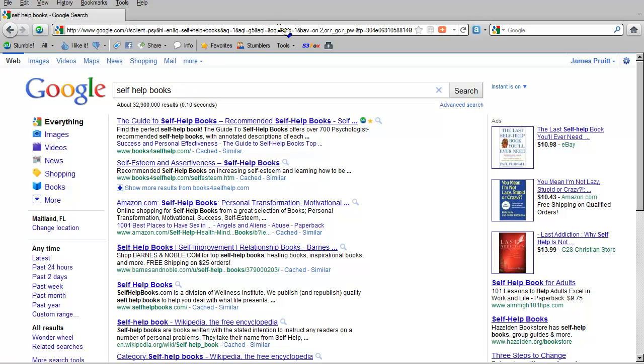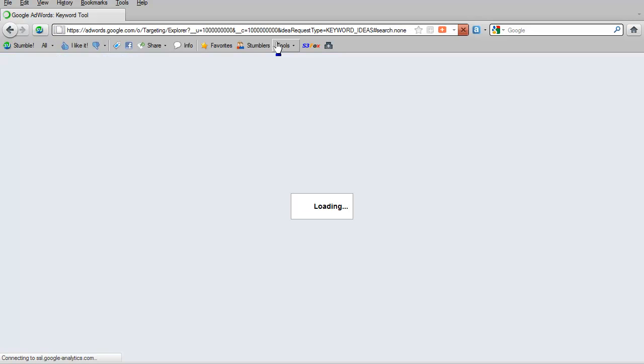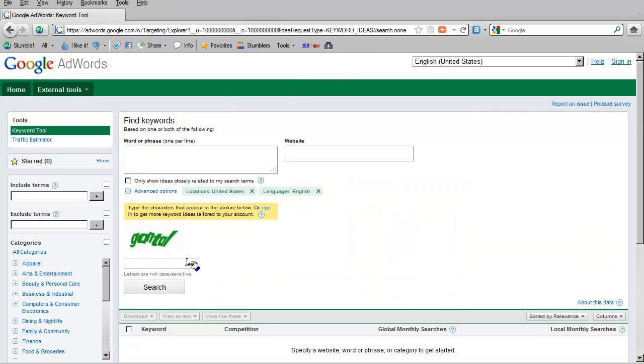And the other place I want to go is the Google AdWords keyword tool, which we'll go more into how to use when we get into keyword research. But as far as what we're looking at right now, this is the keyword tool that they made for AdWords users, but you can use it for looking at how profitable some of the keywords are. For example, if I just do self-help,